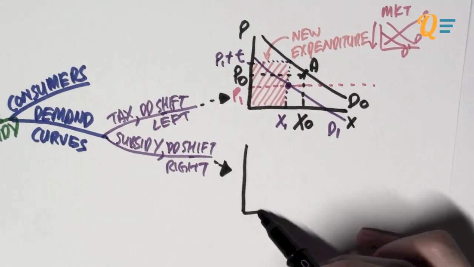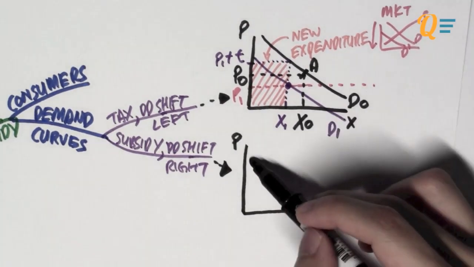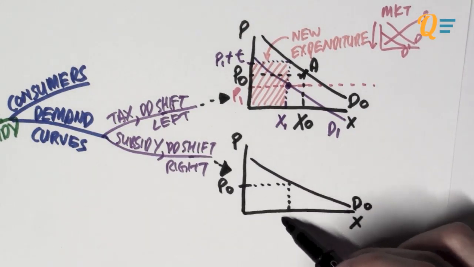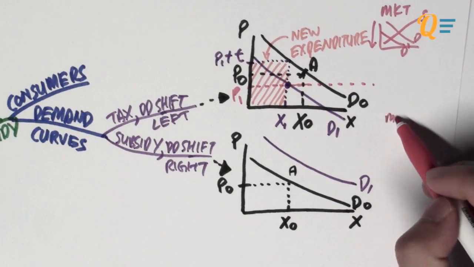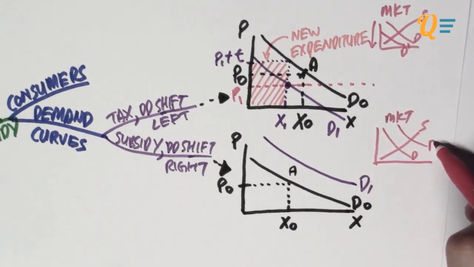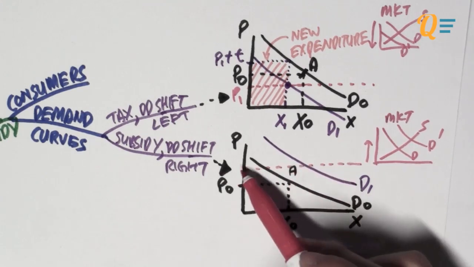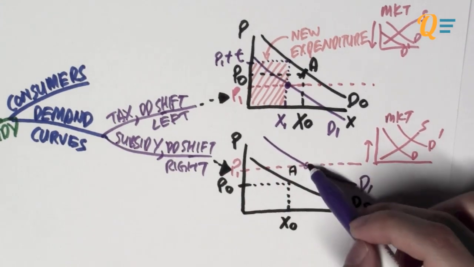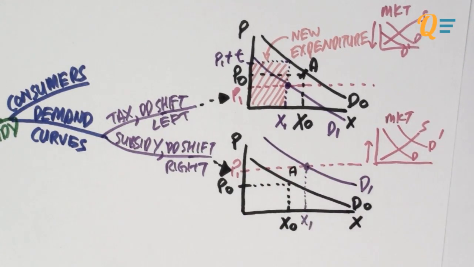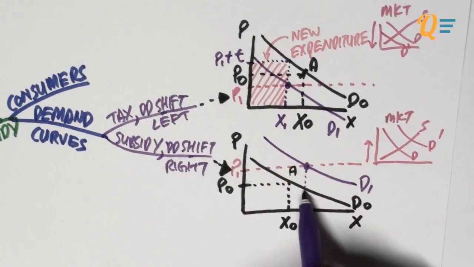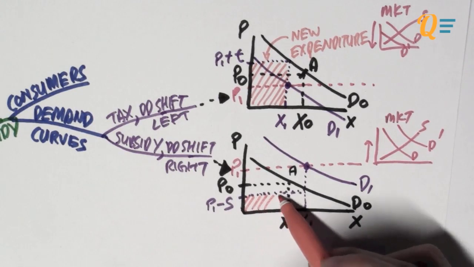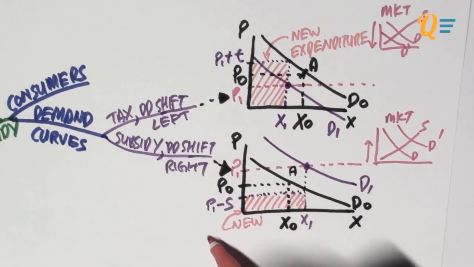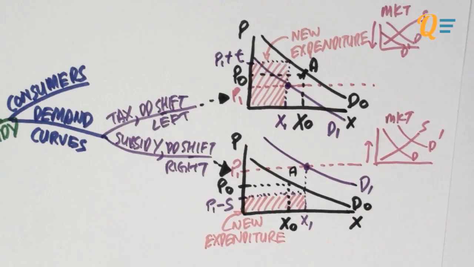Okay, so let's talk about the subsidy on consumption. So let's say you have a regular demand curve that looks like that again. And the price initially is P0. So let's say there is a subsidy. Obviously, the demand curve is going to shift to the right. Cheaper stuff means more demand, obviously. So what happens in the market when the demand curve shifts to the right? Well, the market price is going to increase, let's say to P1. So how much is the consumer spending? He's going to be consuming X1 amount, but the amount he pays is not P1. It is in fact P1 minus S. So this highlighted portion over here, this portion in orange, is the new expenditure after the implementation of the subsidy.